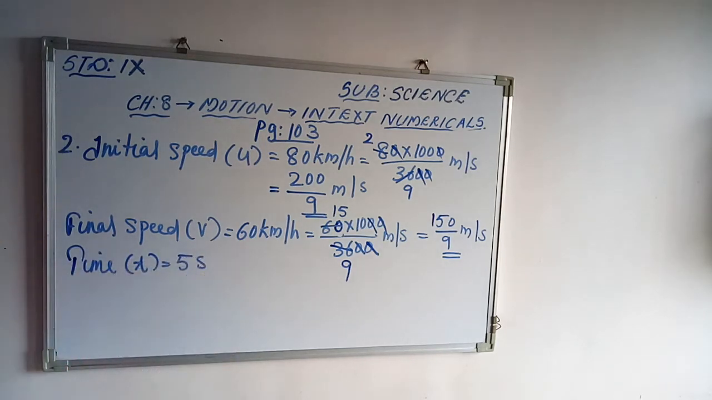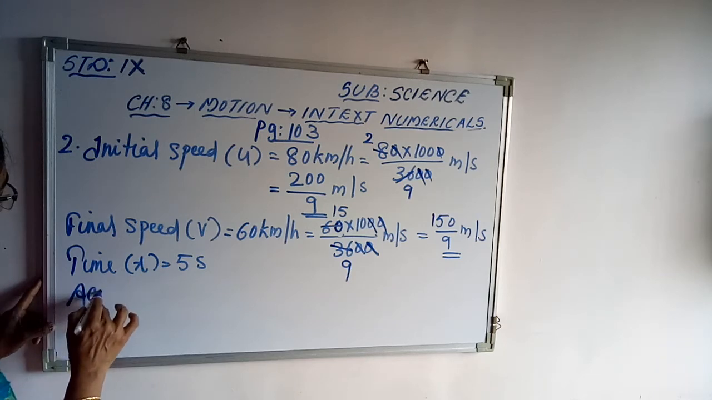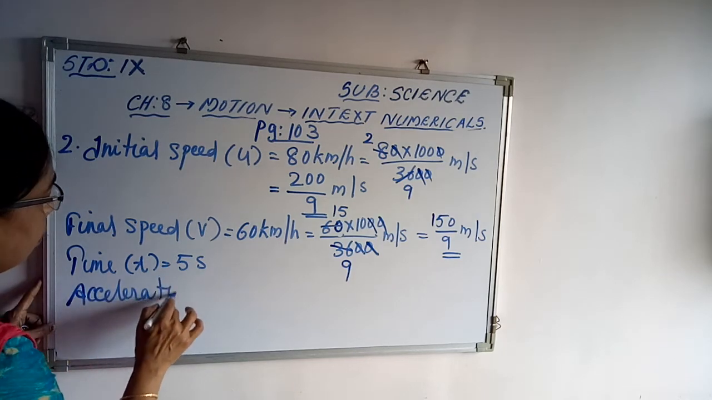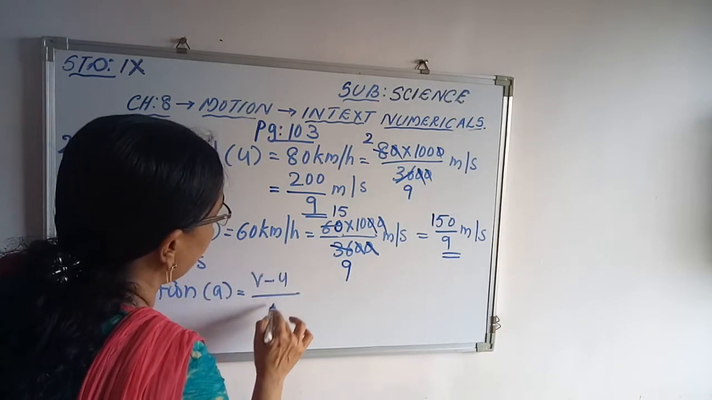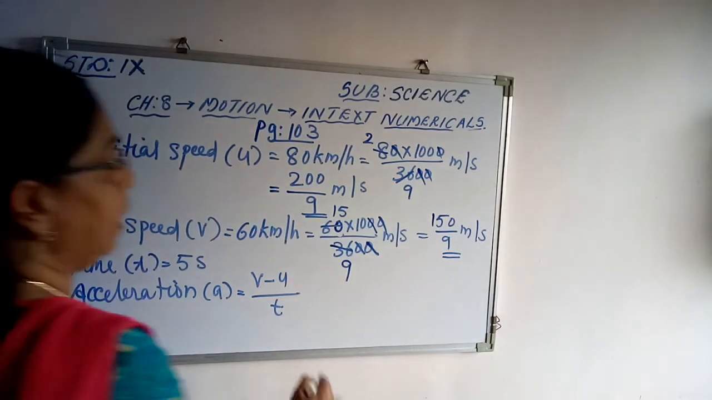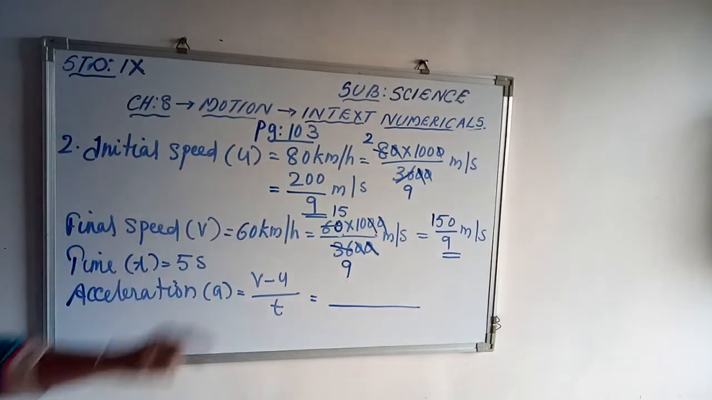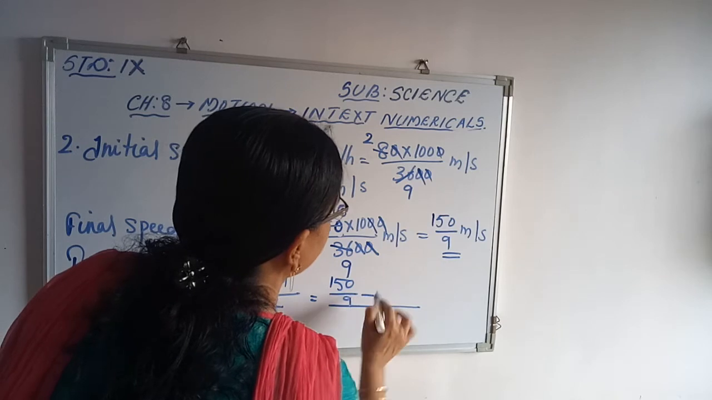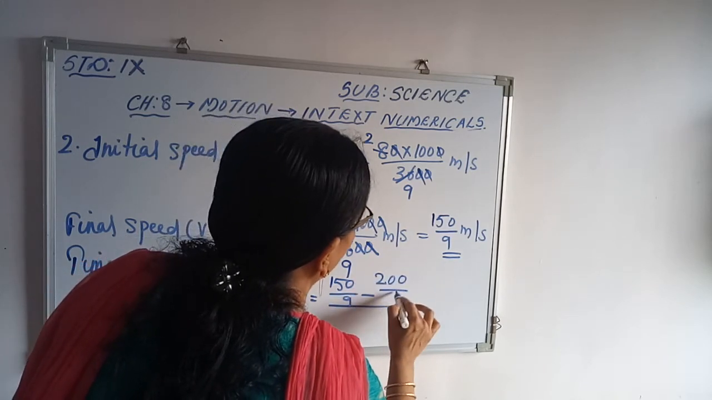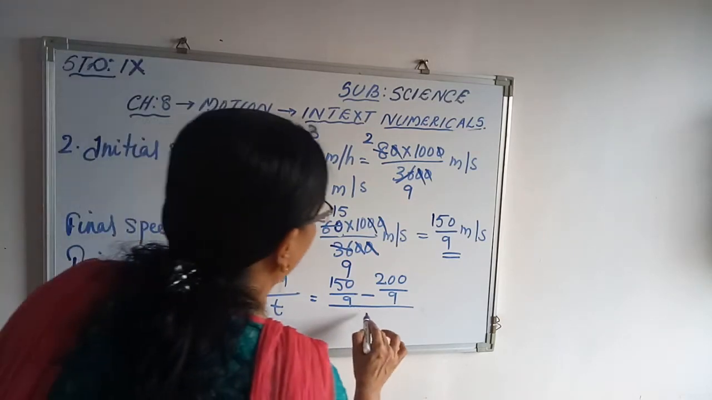5 seconds, isn't it? And we know the formula to find out acceleration. Acceleration A is equal to V minus U upon T, isn't it? That's equal to, what is V? 150 upon 9 minus 200 upon 9, that's the initial velocity. Then what about the time? It is 5